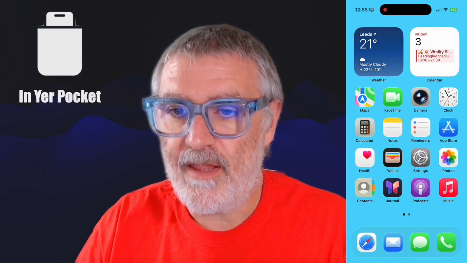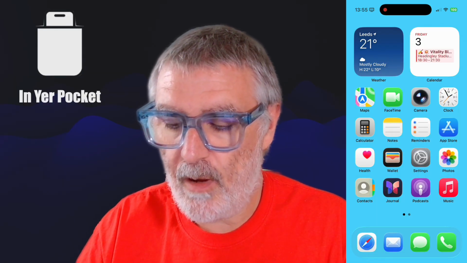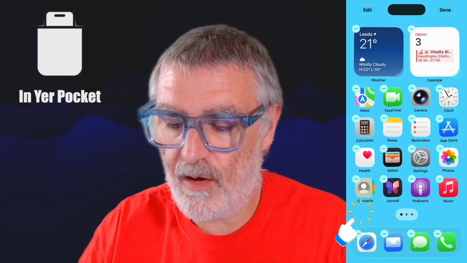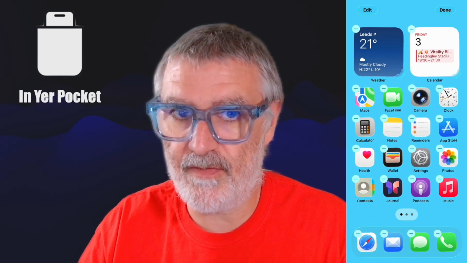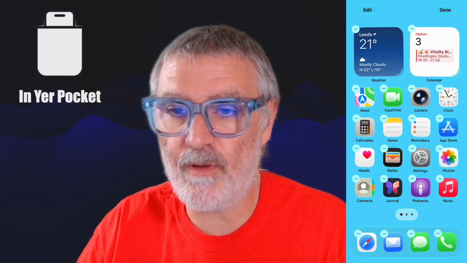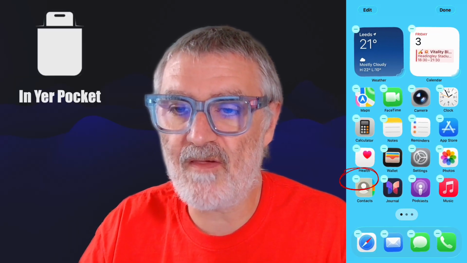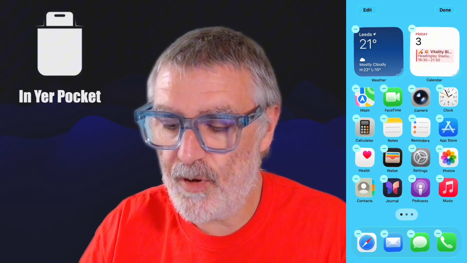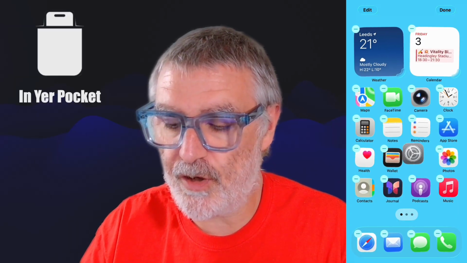Okay, we're going to look at Jiggle mode. We've already seen it, but I'm going to tell you how to get into Jiggle mode now. It's a very technical term, obviously, and it's how we rearrange apps on the home screen. So let's go back to the home screen, let's have a look. And essentially what we do is we touch anywhere on the screen and we just keep our finger on it until you see that, and you'll see the apps just jiggling around a little bit with a little minus sign, and that's it. It's into Jiggle mode,